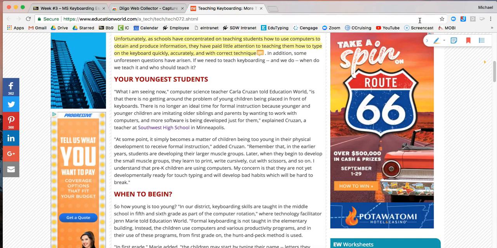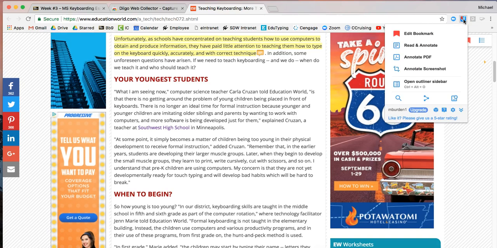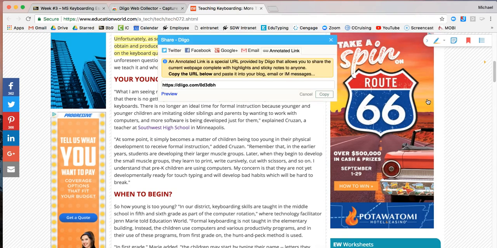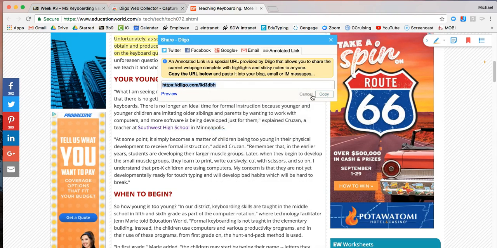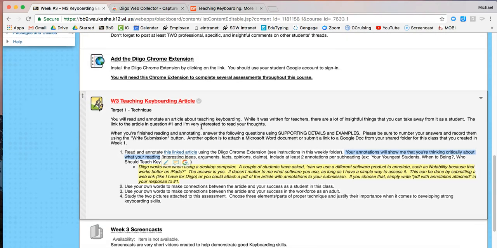This is important, so pay attention. Here's how I want you to submit. Go right here, click on this, then go down to this button that says share this page, and click it. This Diigo link is going to come up, so copy it. I'm going to press Control C, or you could right click and go copy, or you could click this, go copy. Then, if you go back here, it says